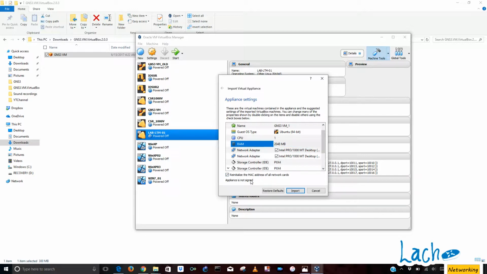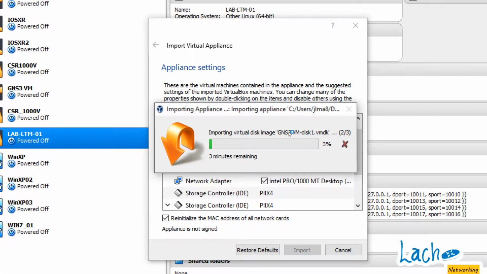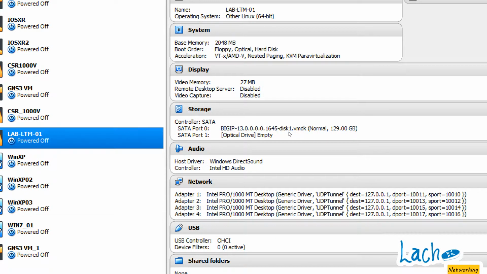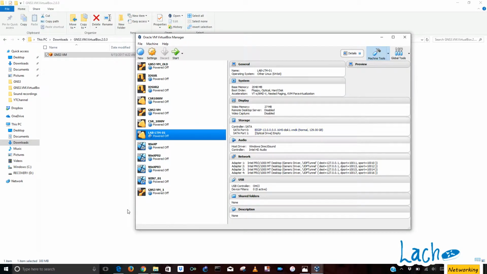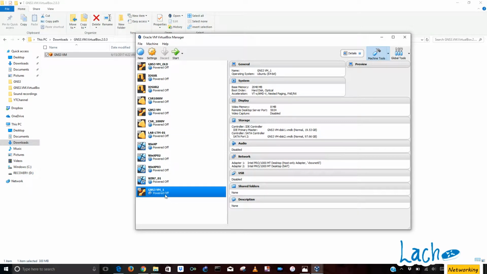You click on reinitialize, say import, it will be displayed this. Okay, after it's done, it will be added here, and then you will be ready to launch